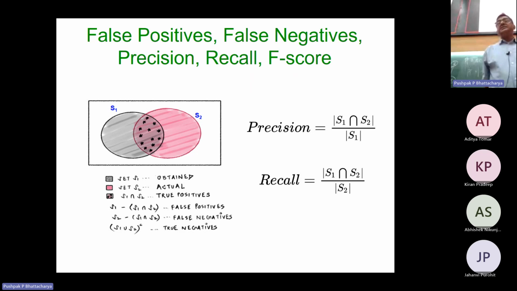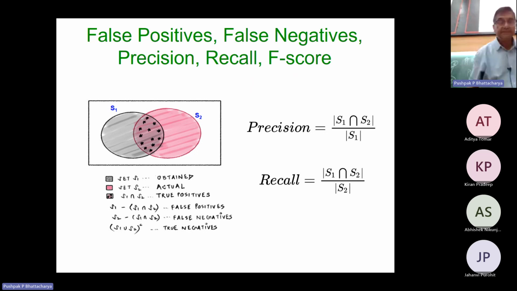Now, S1 intersection S2, which has a number of stars in it, is the set of true positives. True positives means the outputs of the machine which agree with the true labels. And then S1 minus S1 intersection S2,